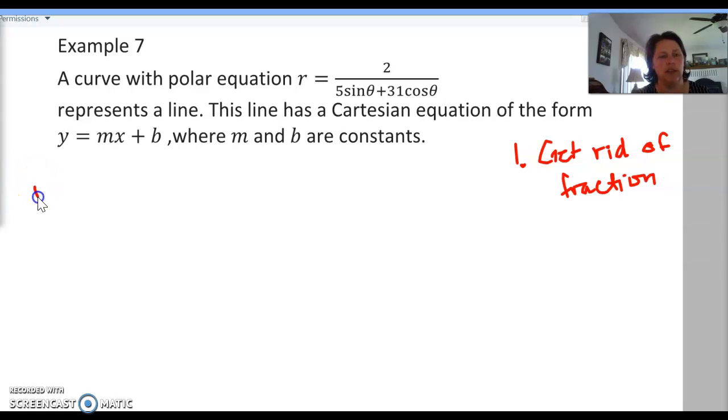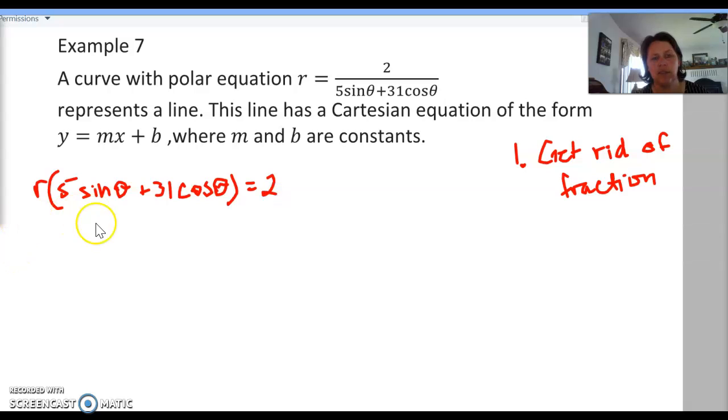Alright, so then we are going to have r times 5 sine theta plus 31 cosine theta. Now there's a couple of different ways we could do this. We could go ahead and do our substitution for sine and cosine right here, or we could also multiply that r through. I don't know that one way is easier than another, but I'm going to go ahead and multiply the r through the parentheses, and so we have 5r sine theta plus 31r cosine theta